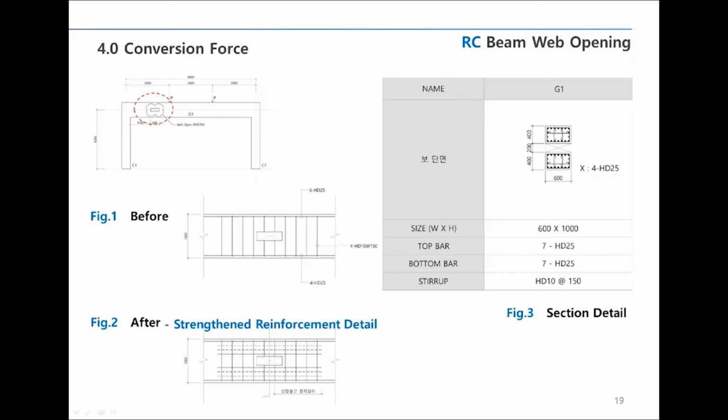Next, this is an example of reinforcement by the calculated force earlier. So based on the upper section, compression force is 1127.17 kilonewton. Shear force is 422.9 kilonewton, and moment is 253.74 kilonewton per meter. As you can see here, the third figure shows the section detail of the strengthening